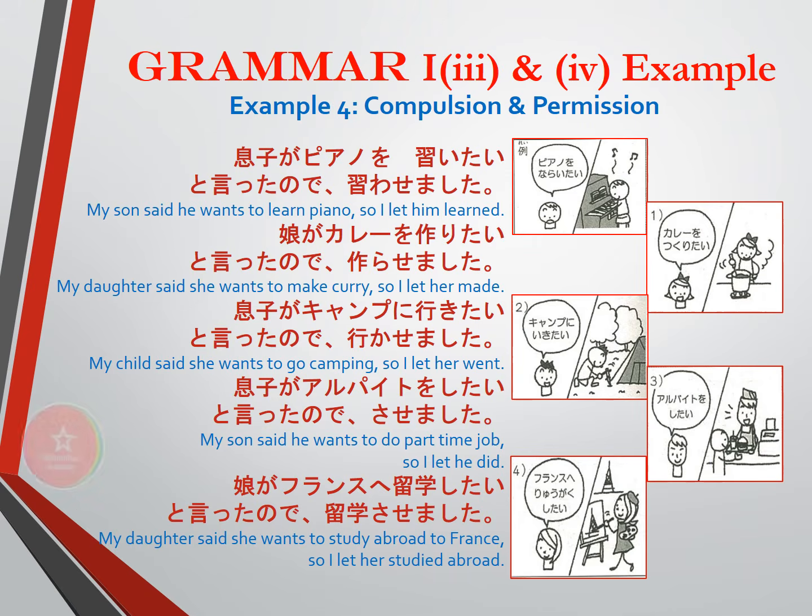Well, continue on. Here are some examples of compulsion and permission. My son said he wants to learn piano, so I let him learn. 息子がピアノを習いたいと言ったので習わせました。My daughter said she wants to make curry, so I let her make. 娘がカレーを作りたいと言ったので作らせました。My child said he wants to go camping, so I let him go. 息子がキャンプに行きたいと言ったので行かせました。My son said he wants to do a part-time job, so I let him do it. 息子がアルバイトをしたいと言ったのでさせました。My daughter said she wants to study abroad in France, so I let her study abroad. 娘がフランスへ留学したいと言ったので留学させました。